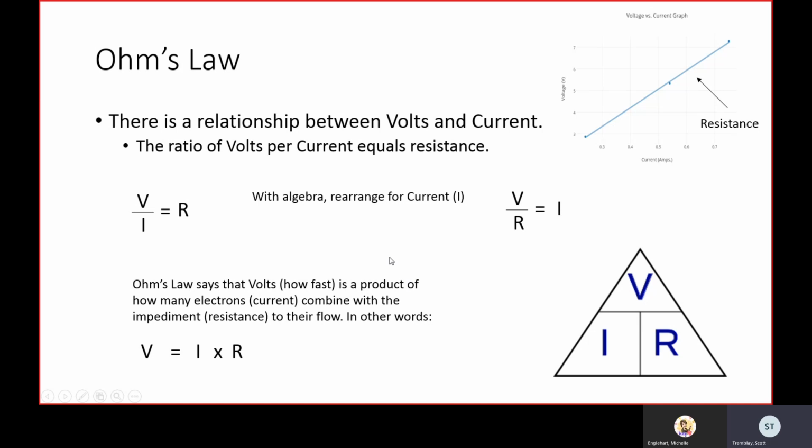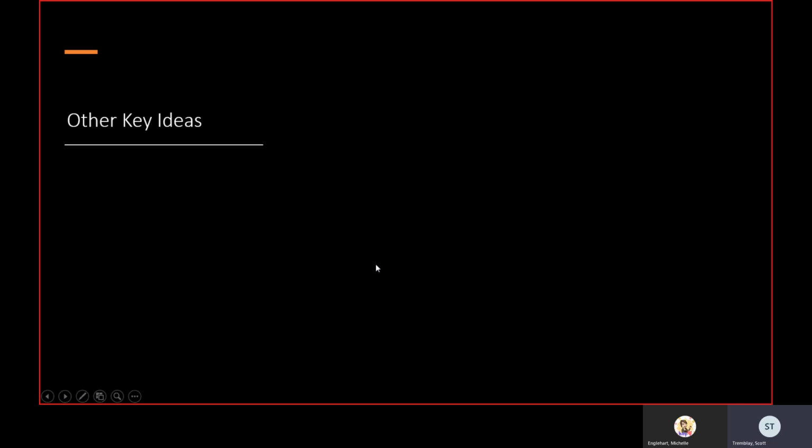Now the last thing we want to mention before we get off of current and electricity is one other key idea. How do we move electricity? Well, it all goes back to one of those properties of matter, which was ductility. We use wires. You know, there's some metals that we can turn into nice thin wires. What were some of those metals that we talked about? Do you remember? Copper,